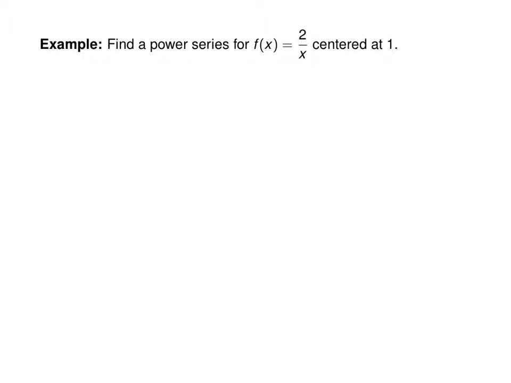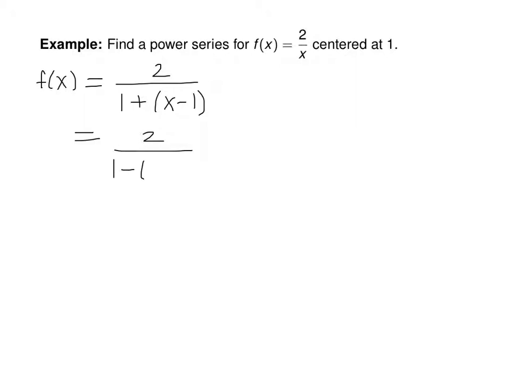So find a power series for this function, but this time centered at 1. So we have to have an x minus 1 in our r's expression. So we'll have x minus 1. I've actually taken away 1, so I have to add 1. So 1 plus x minus 1. Now that's the same thing as 2 over 1 minus negative x minus 1, which then, using the fact that